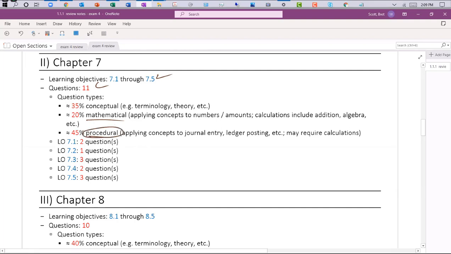So procedural questions are asking, hey, what do I have to debit? What do I have to credit? So may involve some calculations. But at the end of the day, the procedural stuff is, okay, where does this go? How does this affect this account balance? Things like that. So make sure that, if anything, go back and create like a little study guide on notebook